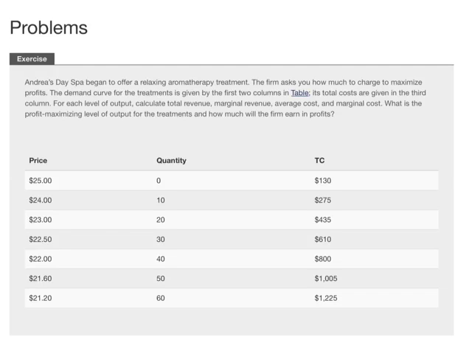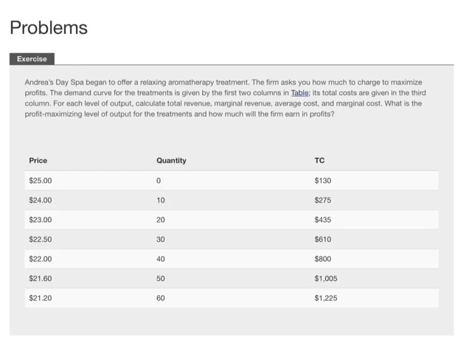So here we have information on price, quantity, and total cost for Andrea's day spa. And we're asked to figure out what level of output maximizes profits. Specifically, we're asked to calculate total revenue, marginal revenue, average cost, and marginal cost. And after we calculate that, we're going to be able to figure out what is the profit maximizing level